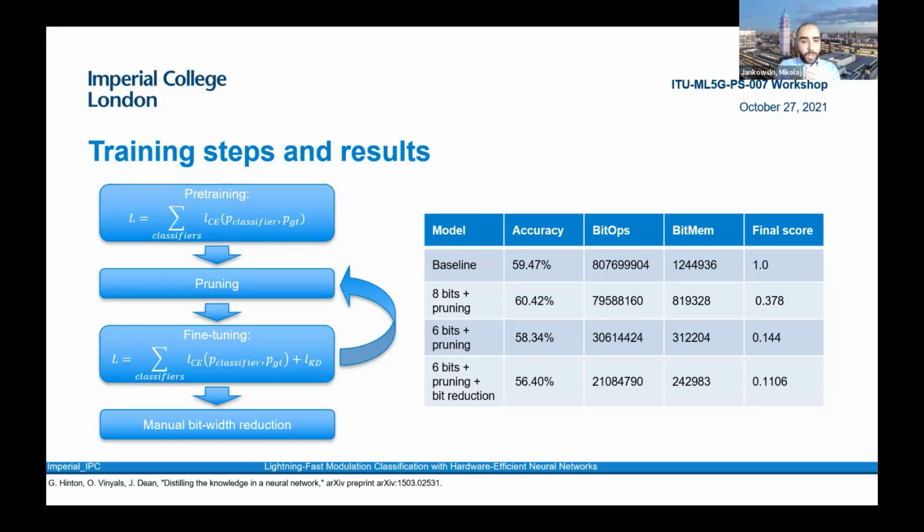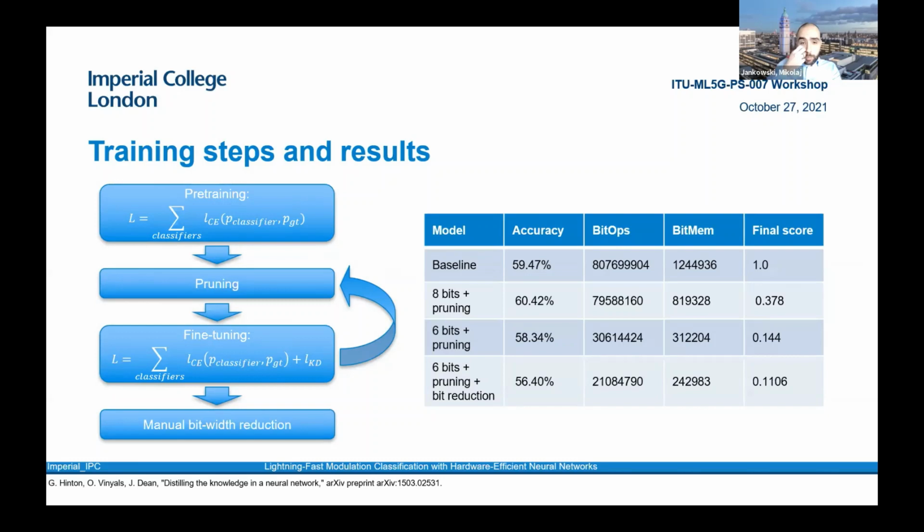The loss function we utilize during the fine-tuning is a sum of the previously used cross-entropy loss and the knowledge distillation loss inspired by the paper Distilling the Knowledge in a Neural Network by Geoffrey Hinton and others. In this part of the loss, we simply replace the ground truth labels with the predictions of the unpruned original model, which acts as a teacher, whereas the pruned model is considered a student. This is inspired by the idea that the students should not necessarily make correct predictions, but simply ones that are similar to the teacher model. So we repeat the pruning and fine-tuning procedure until we encounter a significant drop in the performance.